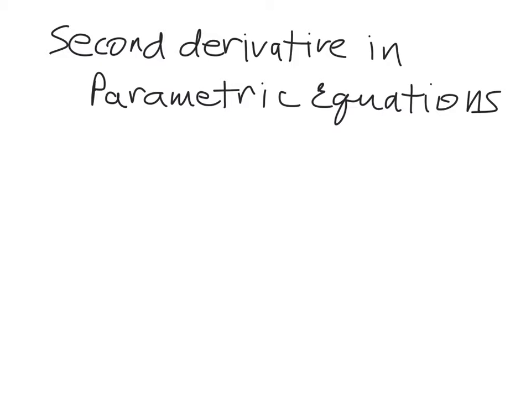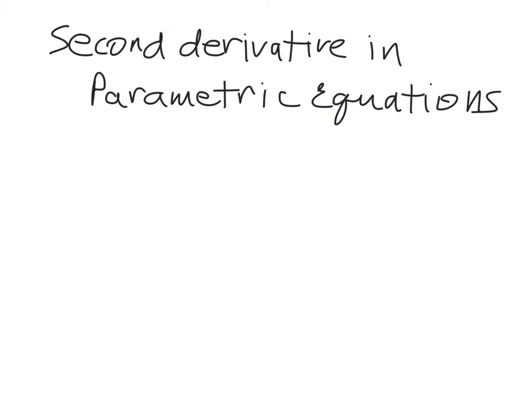Well, not even a function here, since parametric equations don't guarantee a function, but where the derivative equals 0 would be where we have a horizontal tangent line,